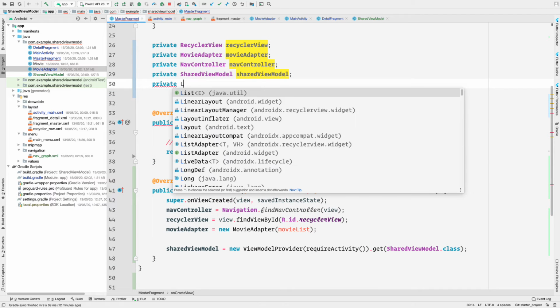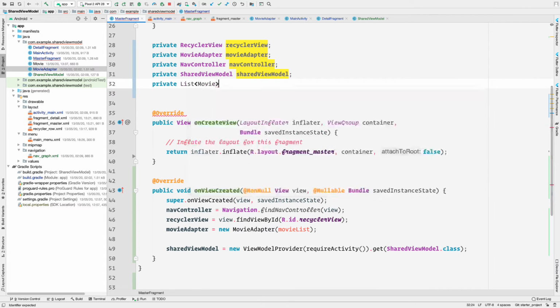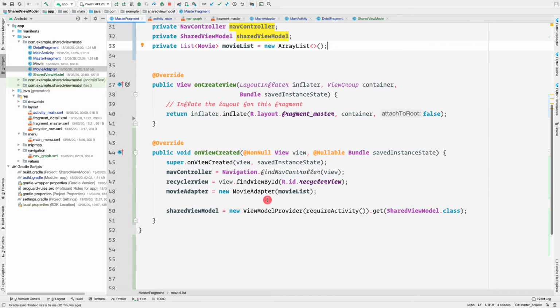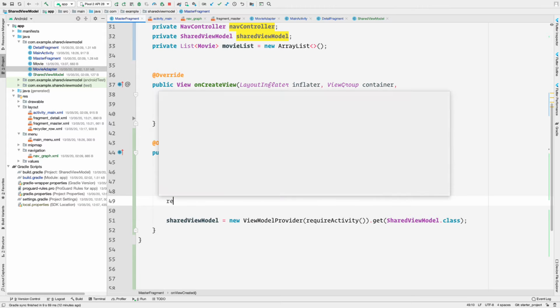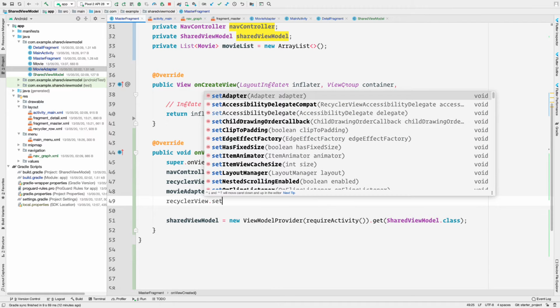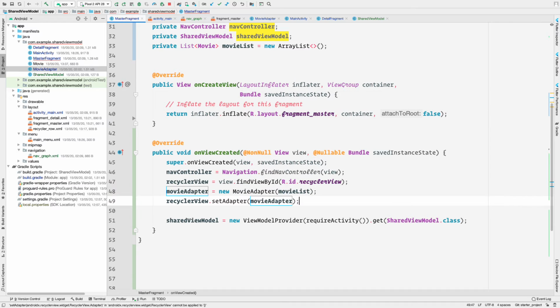So private List<Movie> movieList equals new ArrayList, that is an empty movie list here, and that's what we are passing here inside this movie adapter. And for the changes inside the movie list, we'll listen from the shared view model. So now we can set this adapter to our recycler view, recyclerView.setAdapter(movieAdapter),